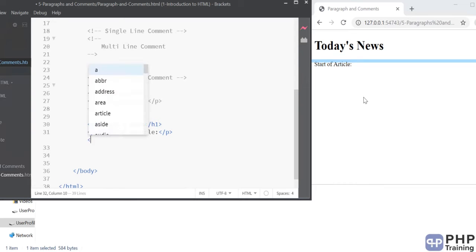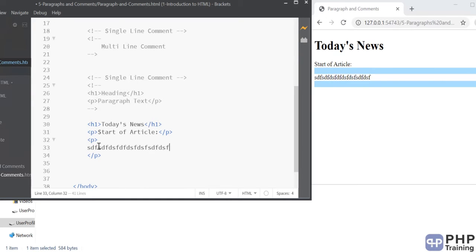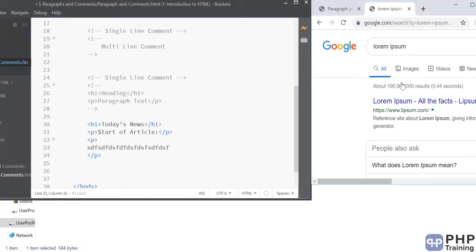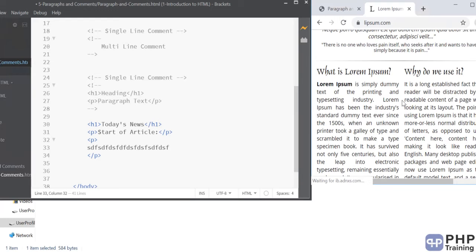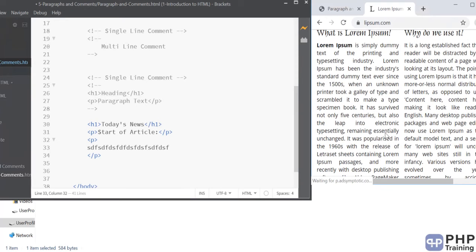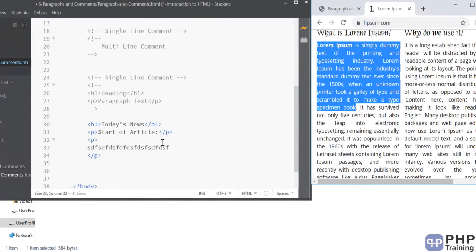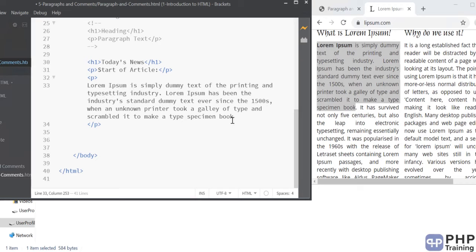Okay, and I want to paste some content here. Typically when you want to paste content, you tend to do this, right? There's a better way to write all that garbage text. This is called lorem ipsum. If you're hearing lorem ipsum for the first time, this is garbage content. You can paste it anywhere you want. I'm going to copy this. It's dummy content with no specific meaning to it.